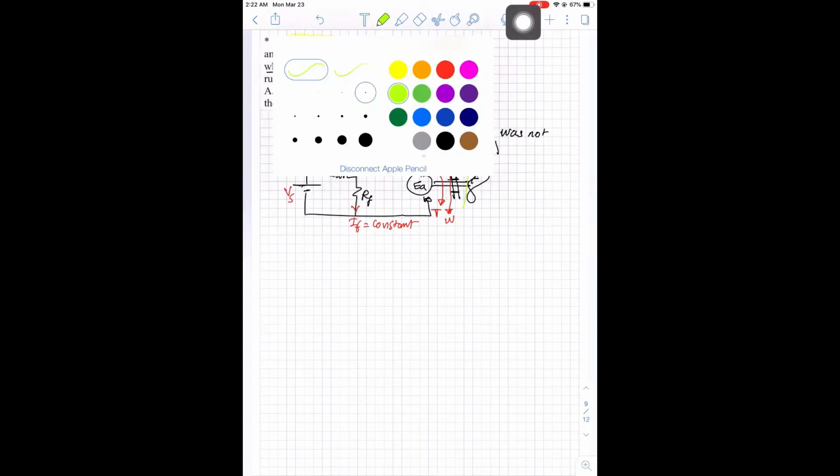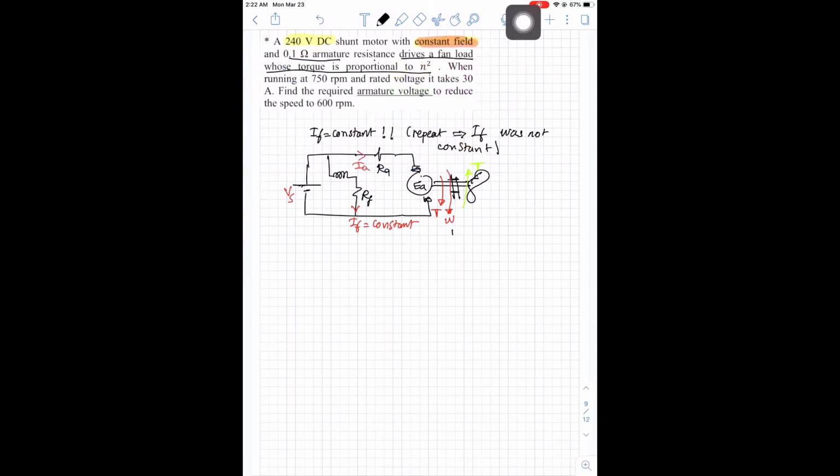If we are at a steady state, the torque coming from the motor will be equal to the torque needed by the fan, and at this stage your speed will be constant. We call this the operating point, or a steady state, and we will learn this in the torque speed characteristic. So at steady state